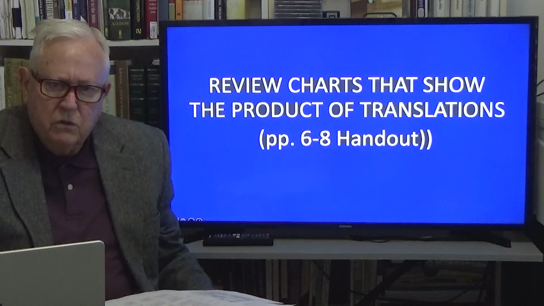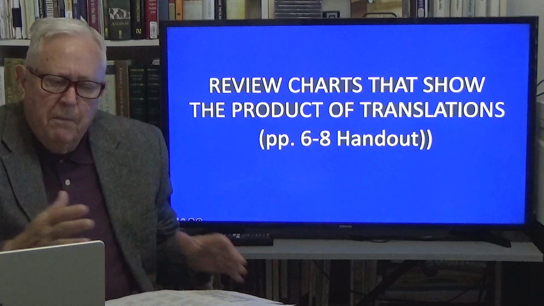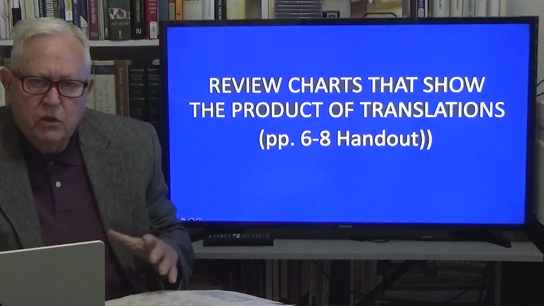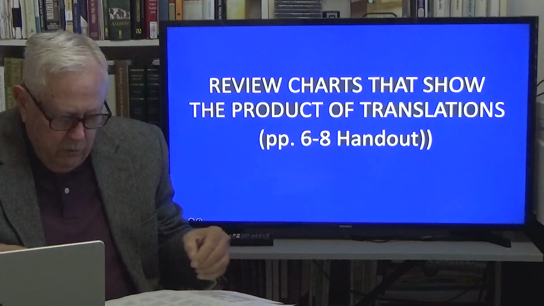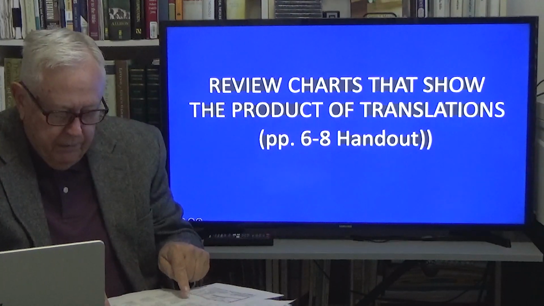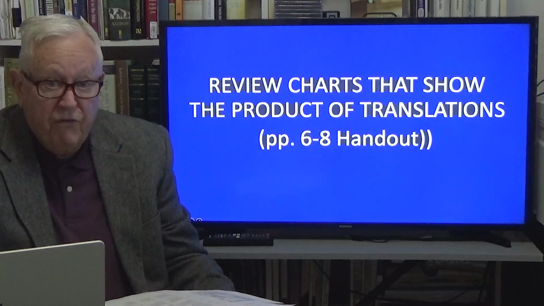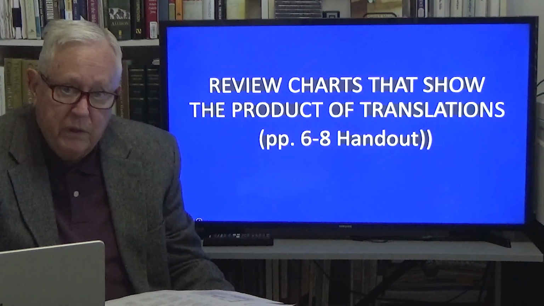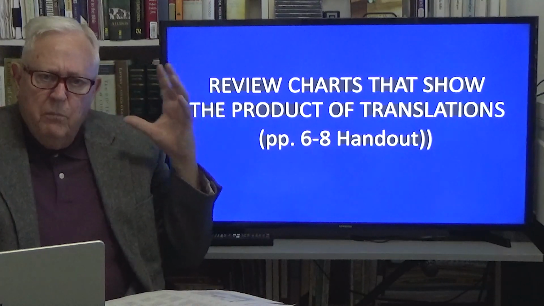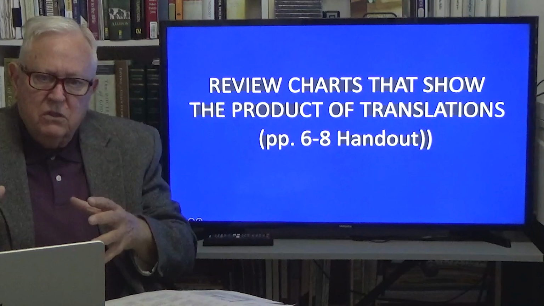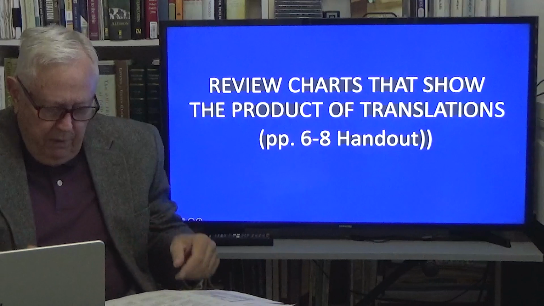You can read commentaries that do, and maybe that would help you. But the fact is that by comparing formal and functional equivalents, you are teasing out meaning. In other words, if you read your chart on that particular verse, you should walk away and say, I got to study this. I got to find out why. There's a difference between these translations. And as you develop your transformed mind, that can be affected by passages that you take for granted. So you must compare English Bibles.